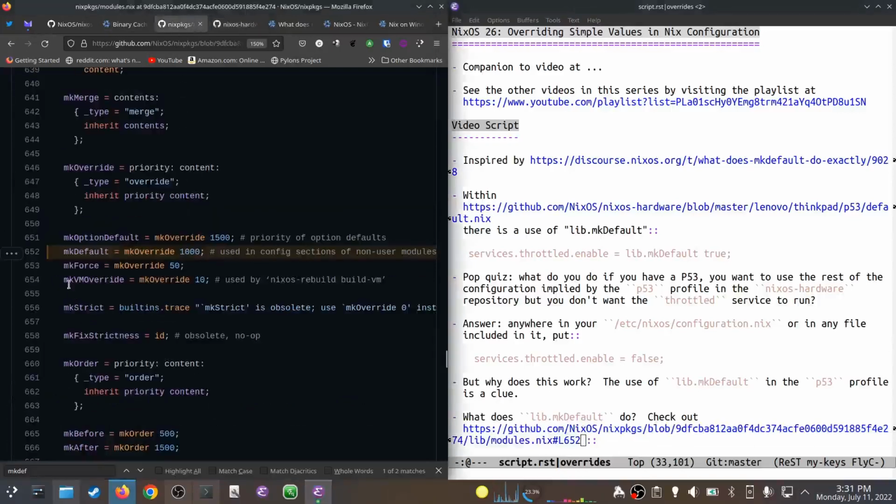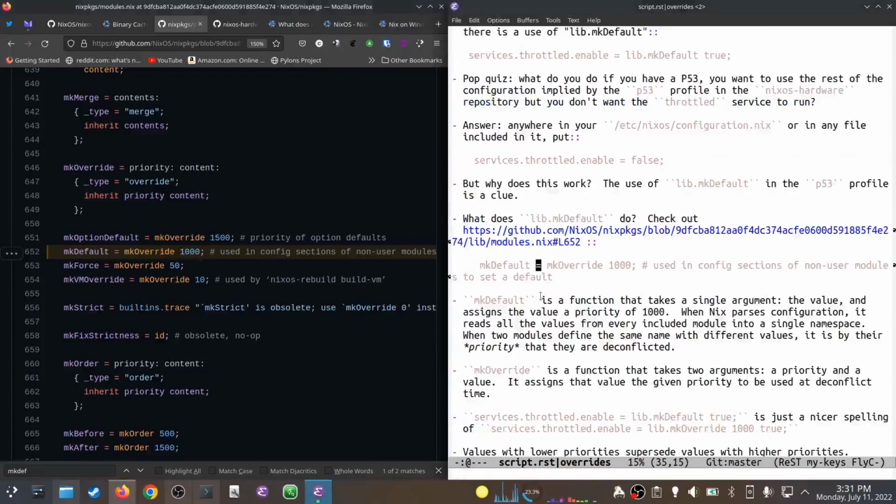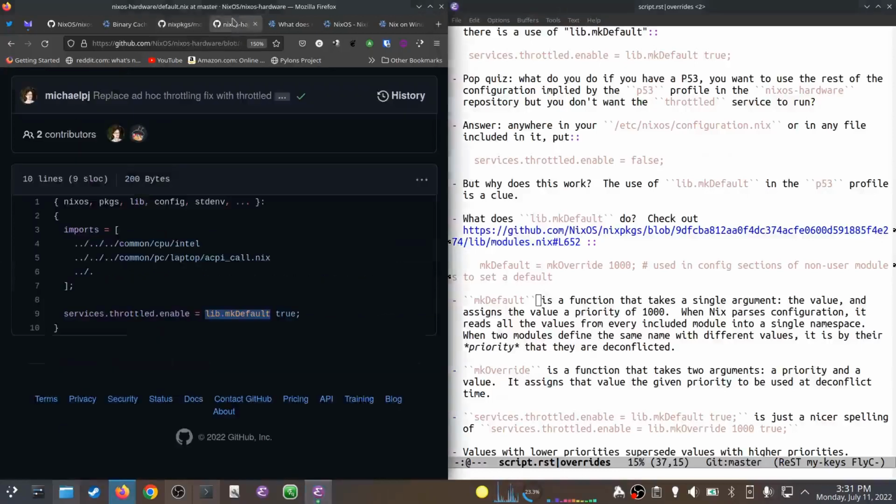What is mkDefault? mkDefault is mkOverride 1000. I don't know what that means. Well, what it is, mkDefault is a function that takes a single argument, the value that you pass to it. So when we're over here in NixOS hardware, mkDefault takes this value true and assigns to this services.throttled.enable a kind of tuple sort of to this value that says,